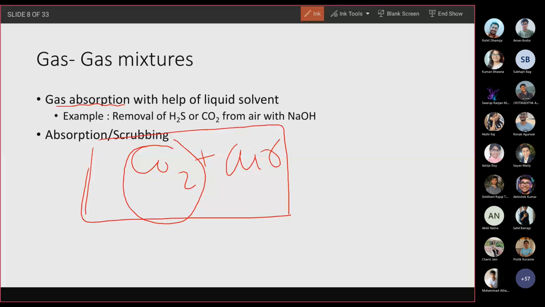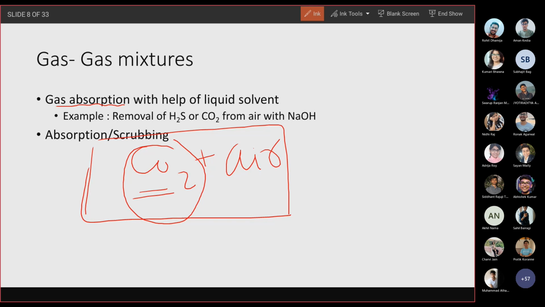Industrial emissions will have more CO2, but in atmospheric air, the CO2 quantity is very less. In a gas mixture, if the quantity of one component is very low compared to the other,